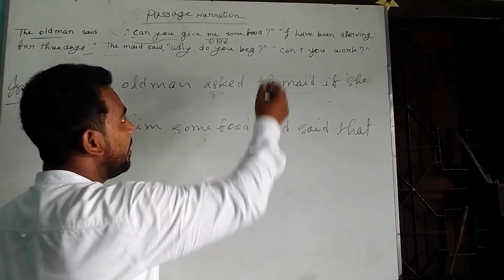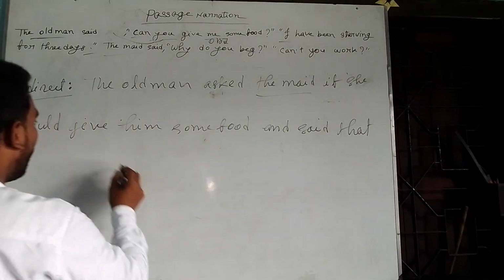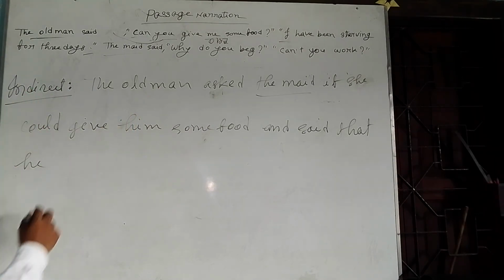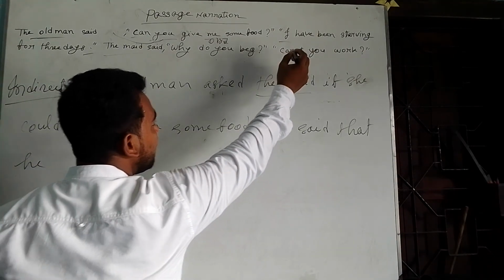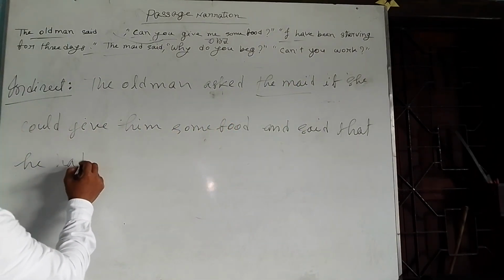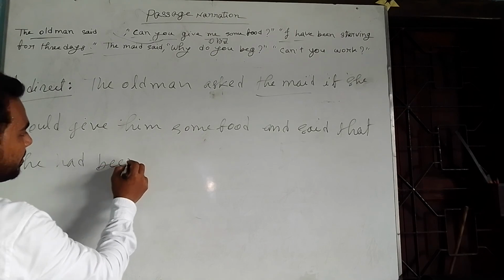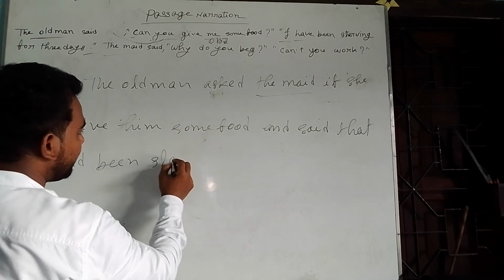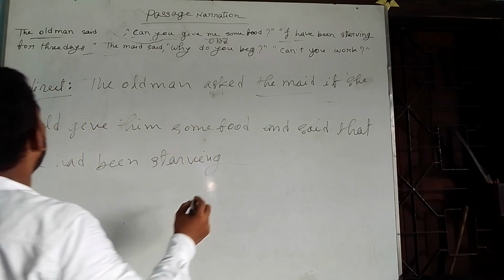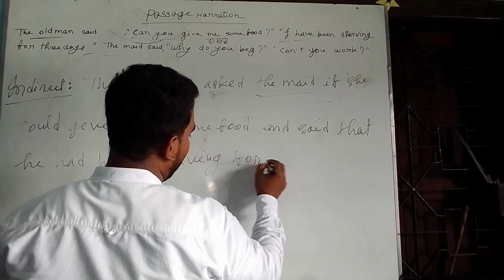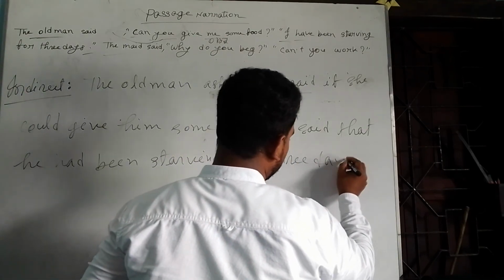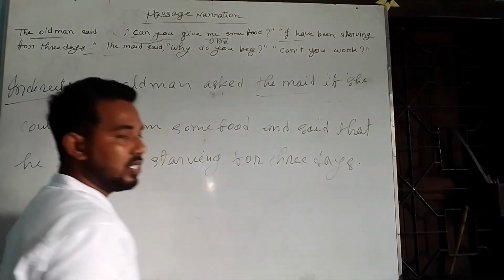So dear student, here you can see I follow the old man. The old man's pronoun will be he. Here also there is the auxiliary verb have. It will be had, been, starving, for 3 days. Dear student, I hope